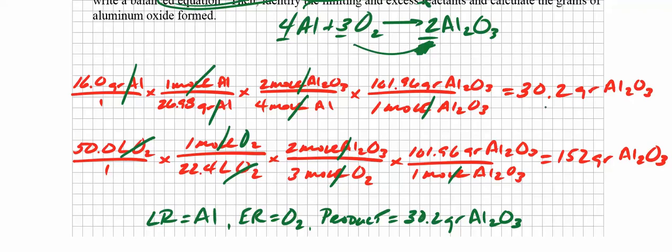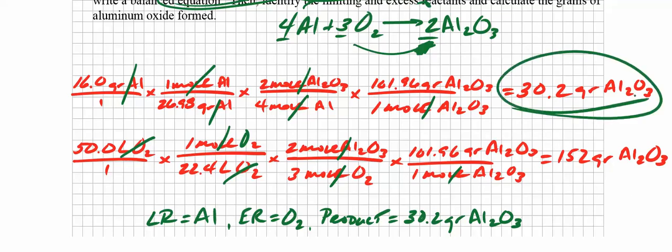We're going to compare 30.2 grams of aluminum oxide to 152 grams of aluminum oxide. It's obvious that the 30.2 is less than the 152, so that's the amount of product I'm going to get. So now I'm going to look to see what the limiting reactant is. I'm going to go back from there, and I determine that aluminum is the limiting reactant. So the other one must be the excess reactant. So once again, aluminum is the limiting reactant, oxygen is the excess reactant, and the product is 30.2 grams of